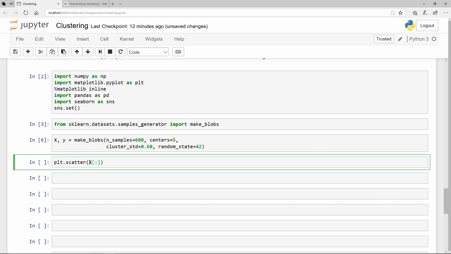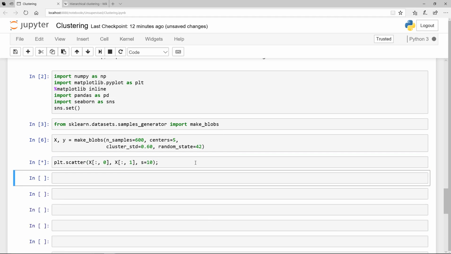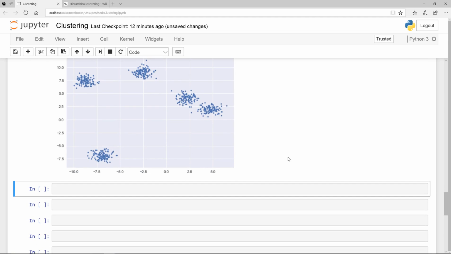X and X, and make the size 10. All right, here you have it. You have 5 blobs. Okay, and so next thing that we want to do is make use of the SciPy, Scientific Python,